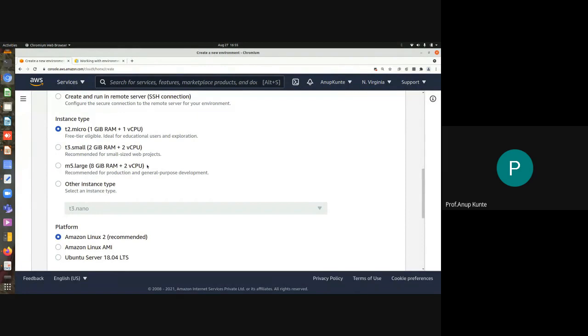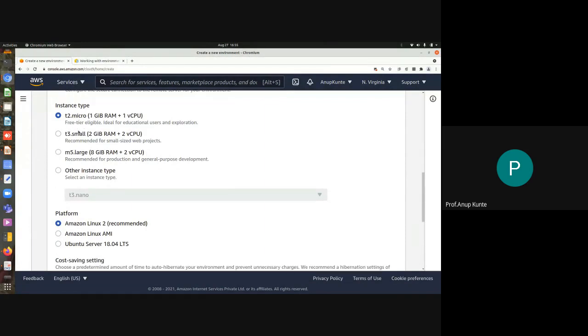So suppose I'm using this particular IDE for development of an Android application or a web application, wherein the IDE that I'm going to use or the tools that I'm going to use, they require certain amount of RAM and they require certain amount of compute capabilities, and I should be selecting the requisite option here. Okay, but as far as demonstration is concerned, as far as the student access is concerned, we should always select as much as possible things in free tier. Okay, so we'll be selecting that.